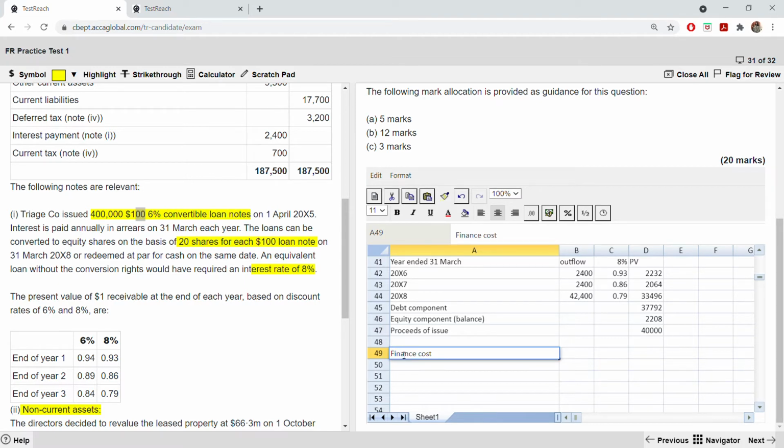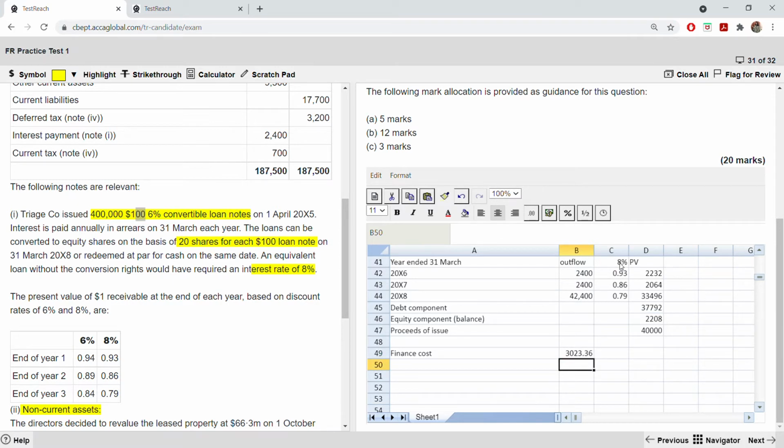Finance cost will be, okay, 8% of this amount, the debt component. Okay, that is your finance cost. So it will be this multiplied by this 8%,